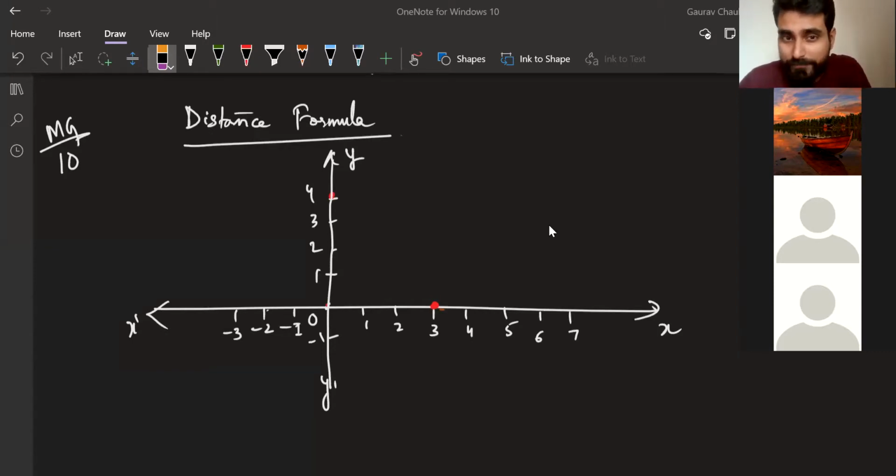Now think about this. Now I have a point. Let's say this is 5. Now I have a point here. Let's say P is here right now. Let's call it A. A is here right now. Can Tulsi tell me this point's coordinates? And let's take B as here right now. Tulsi, can you tell me point A's coordinates?